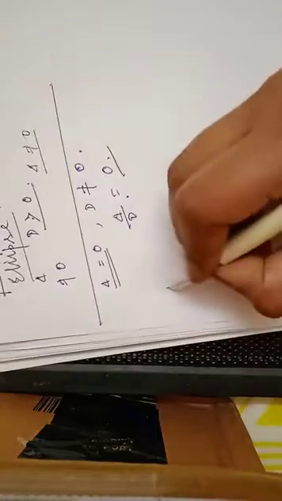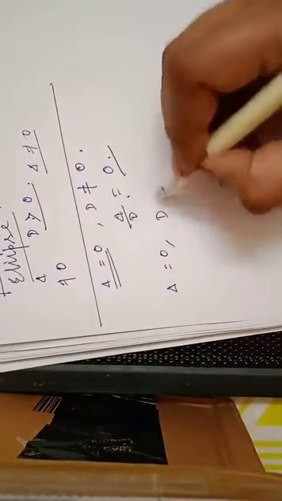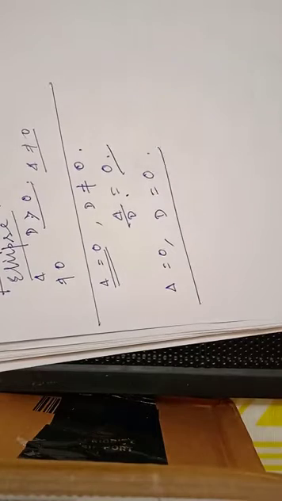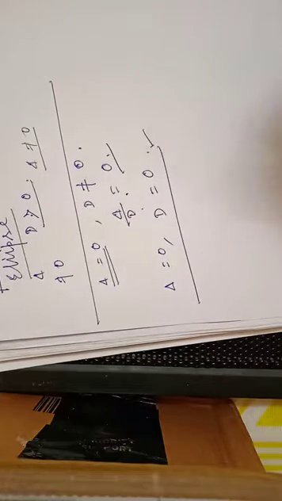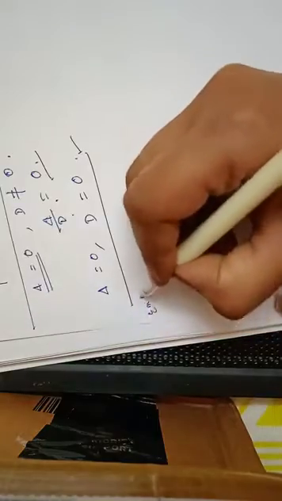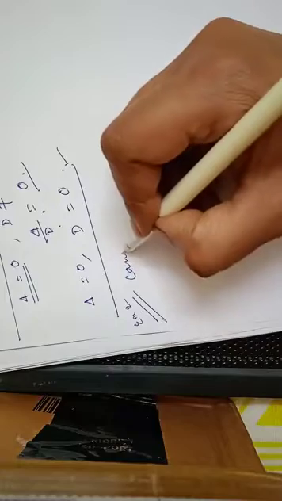And what happens if delta also equals 0 and d also equals 0? Then we will skip that process of translation, because then delta by d will become undefined, right? So in that case we will apply only rotation. So let's solve one problem like this, where delta and d both become equal to 0. So example 2, it states: reduce the following equation into its canonical form